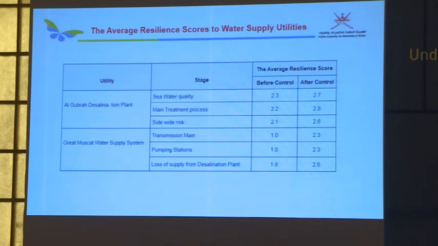The average resilience score for the water supply utility: from Al-Jabri, before control it was 2.3, and it goes to 2.7, and then from 2.2 to 2.8, and for Greater Muscat transmission also, the increase